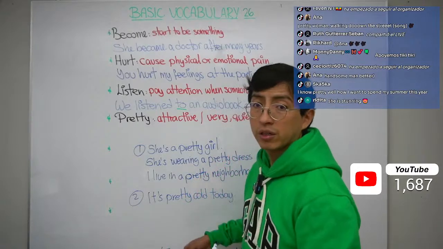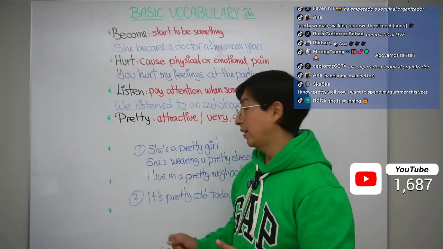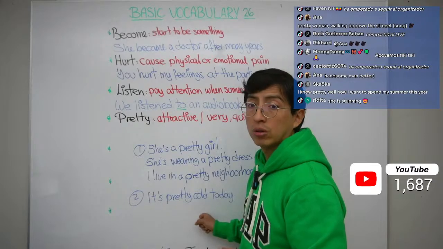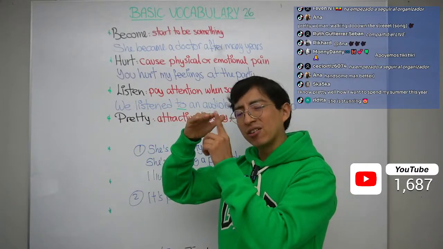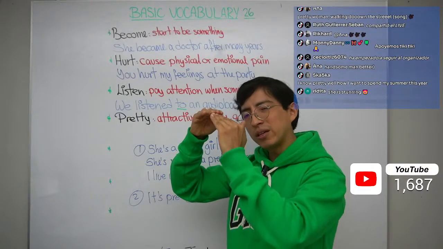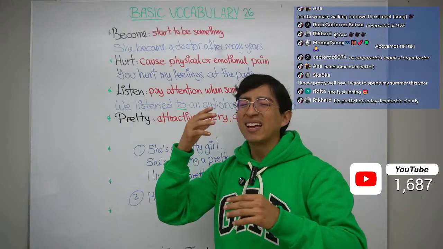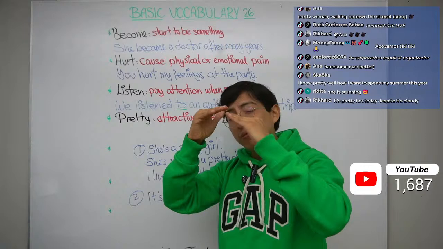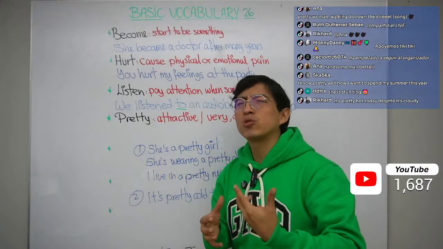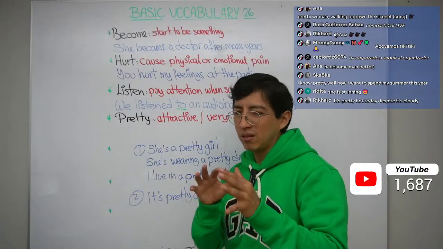Okay, it's pretty cold today. So if we're saying something like this, it's like it's very cold. Now we have very here, at this level. Pretty is a little less than very. So we can say it's very cold, and maybe if it's less, you can say, oh, it's pretty cold. Very, pretty, they're very similar.